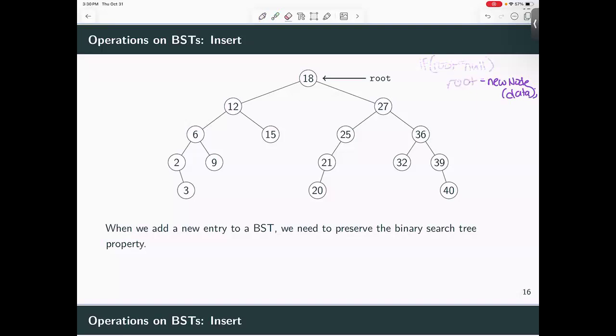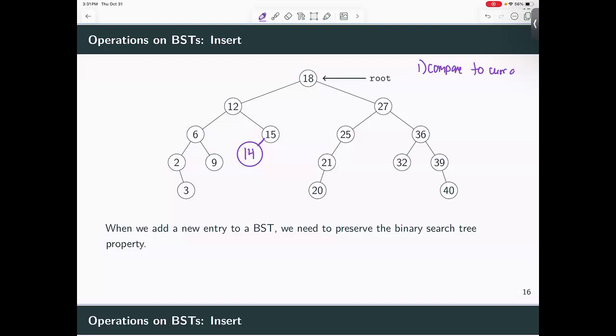So since we know that 14 is not in here, let's pretend for a second that we wanted to do an insert of this value 14. We would start our traversal right here, and do a comparison, and we'd see that 18 is bigger than 14, so we'd walk down the left side. Here we'd see that 12 is less than 14, so we'd walk down the right side. Here we would see that 15 is greater than 14, so we would attempt to walk down the left side, and we would see that dot left of 15 is null, which tells us that 15's dot left should be 14. So the steps that we took were: